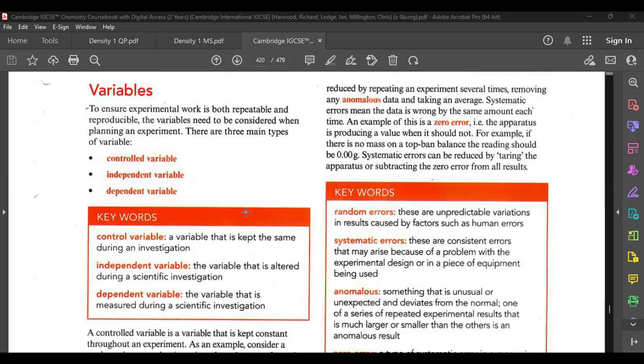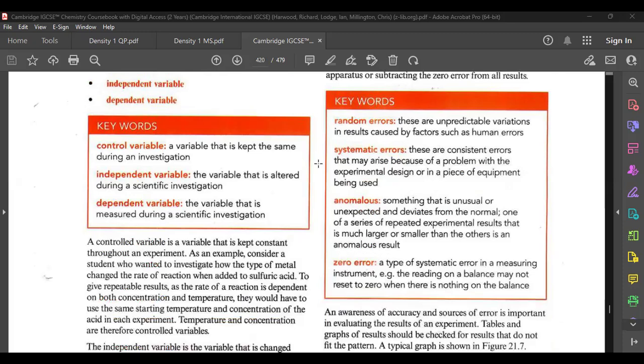The dependent variables are dependent upon the independent ones, so they are measured during the investigation you are doing. So these are the three types of variables. When you are conducting an investigation, you are going to separate those variables and adjust them in their relevant part. These are the control, these are the independent, and these are the dependent. Then it would be easier for you to conduct the research or the